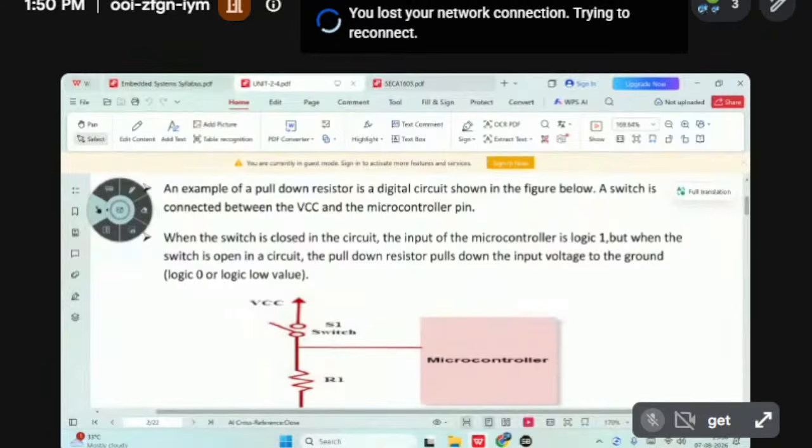Right? So whenever you press this button switch, this location and this point will be connected to each other. Automatically it will generate one value. When it is in the open position,